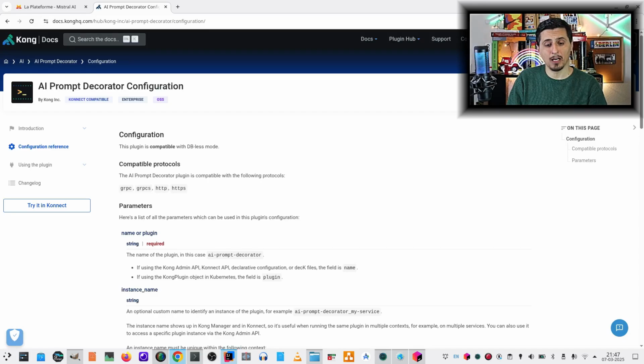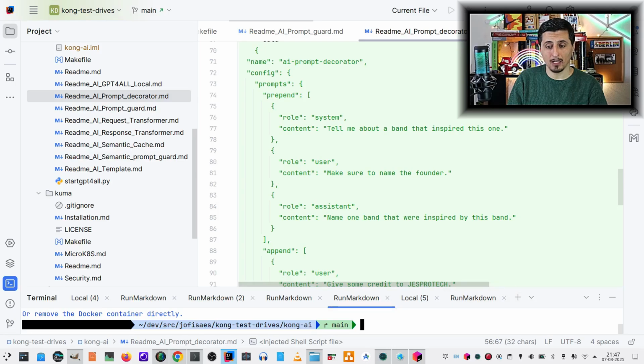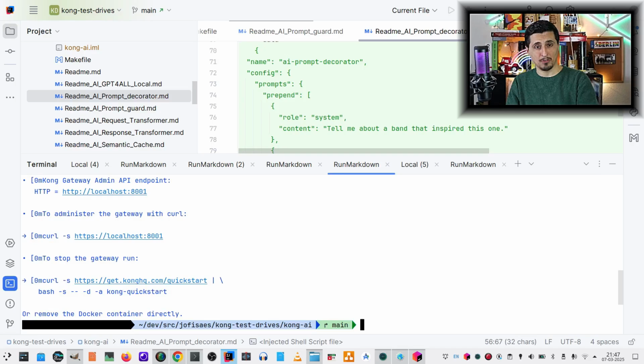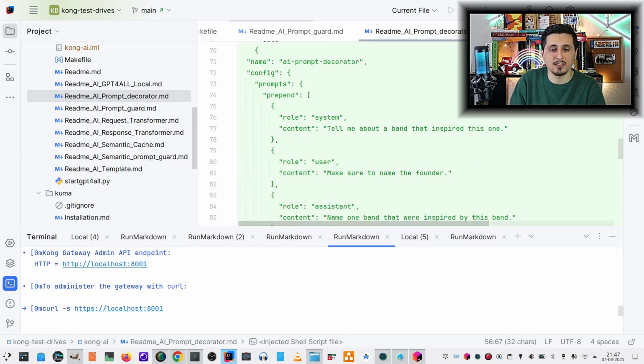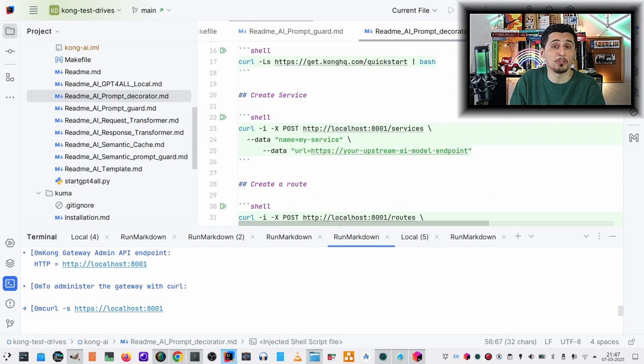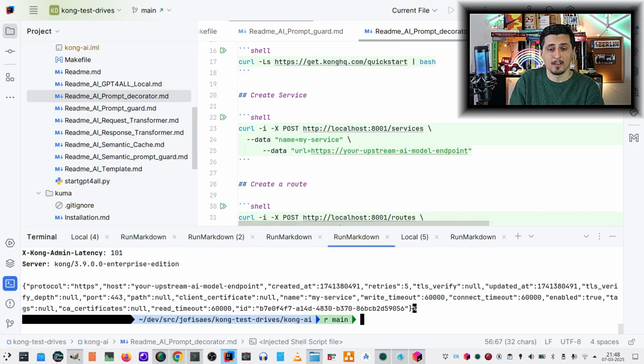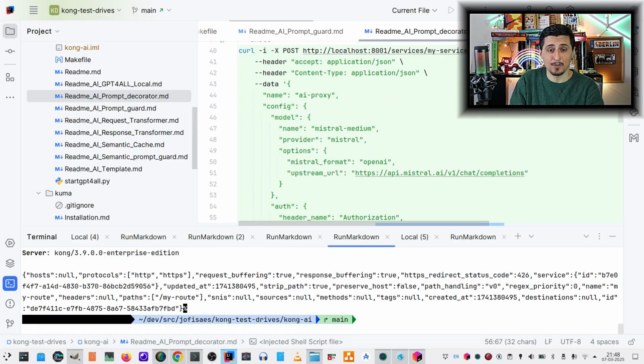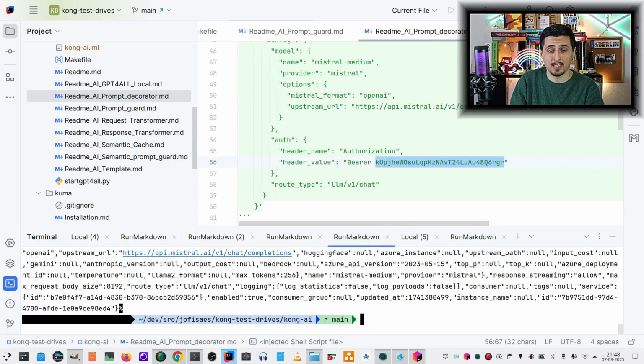But if you go back to our IntelliJ right now, we have also seen that the container has finished downloading. Now, the important part is that we are starting to make this configuration, and we will do it very quickly because we have already gone through all the different steps to configure the plugin. So I will just now create the service and the route, which is my route, and then we configure the AI plugin with the API key of Mistral,